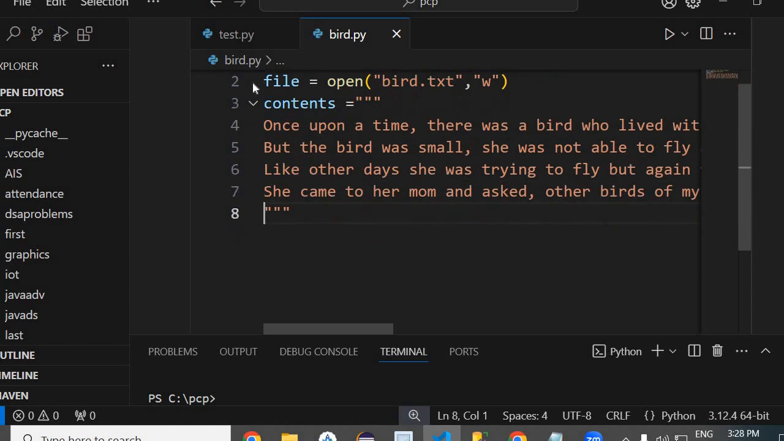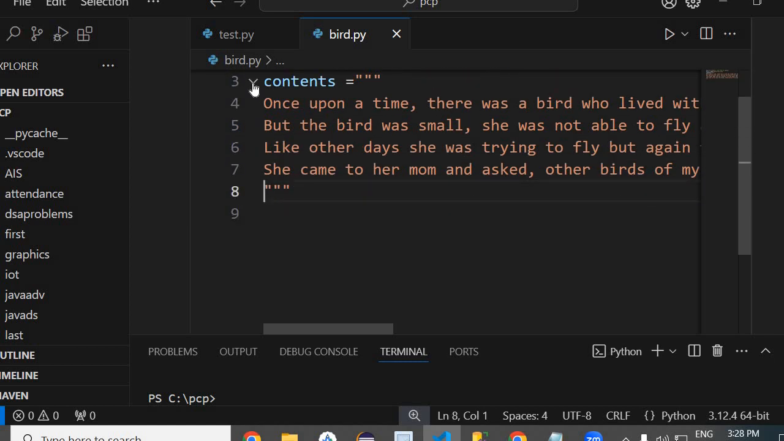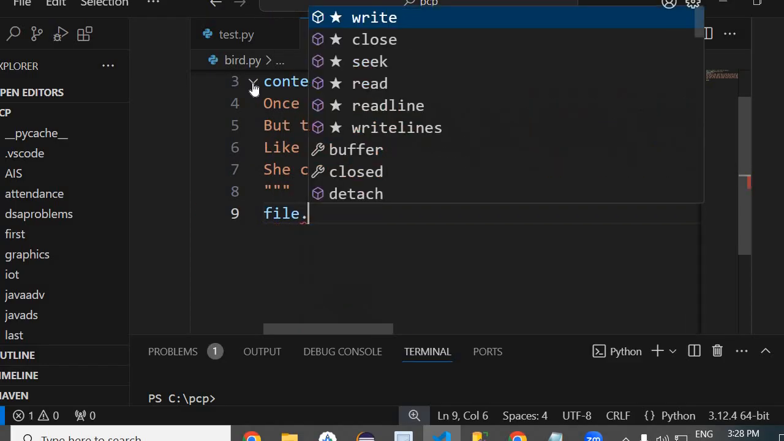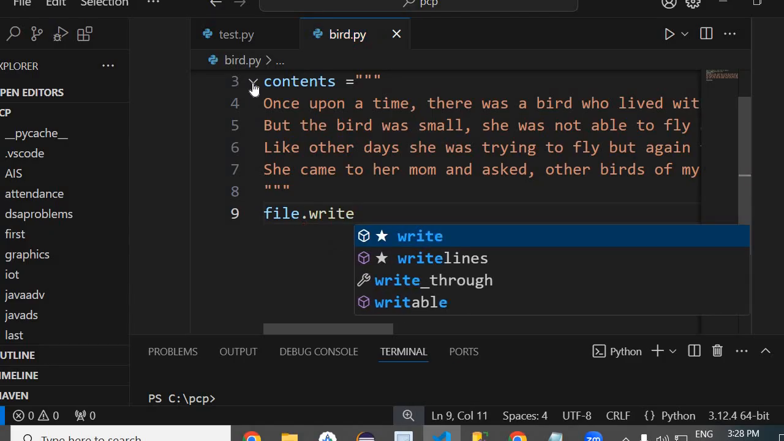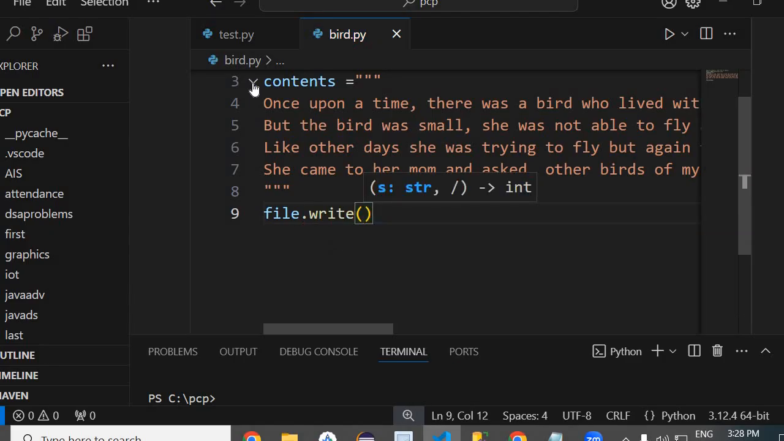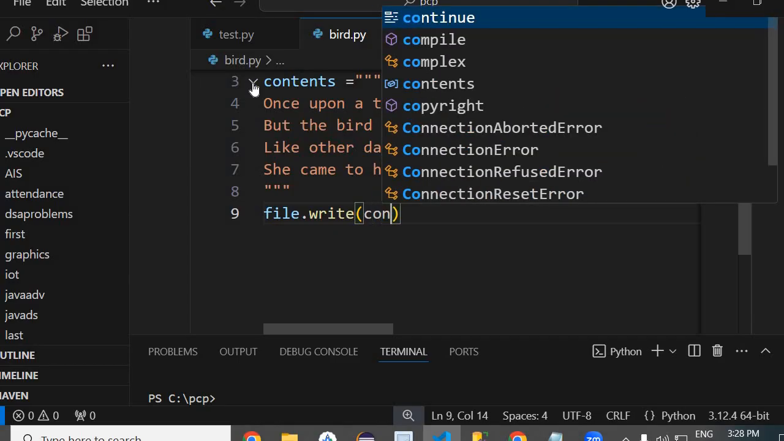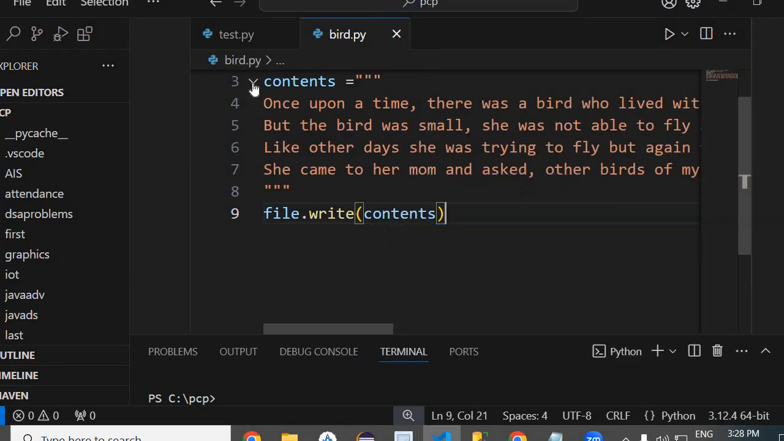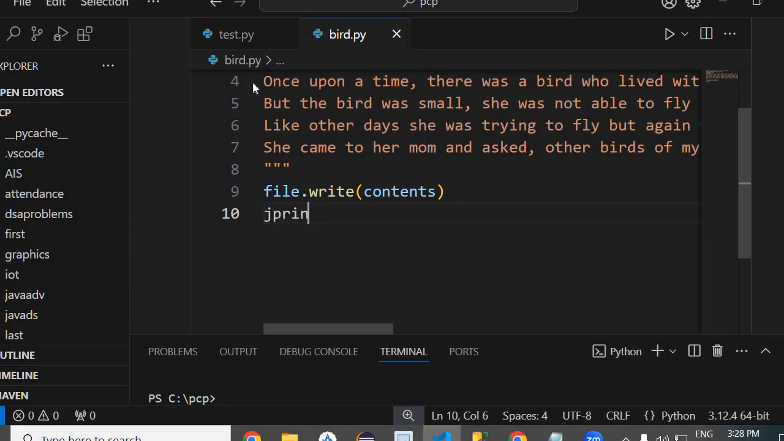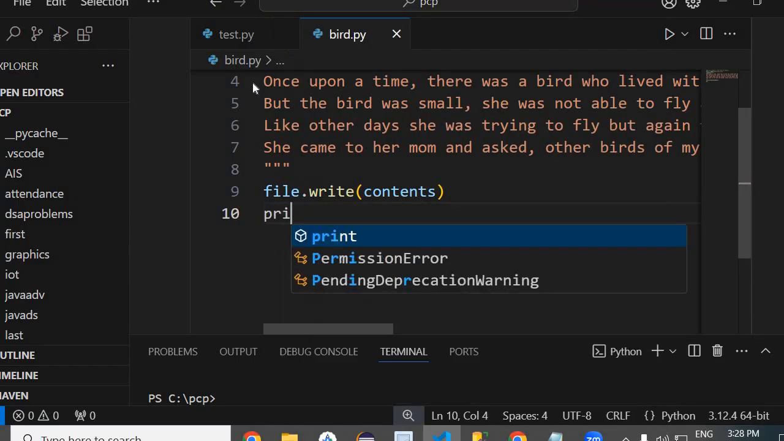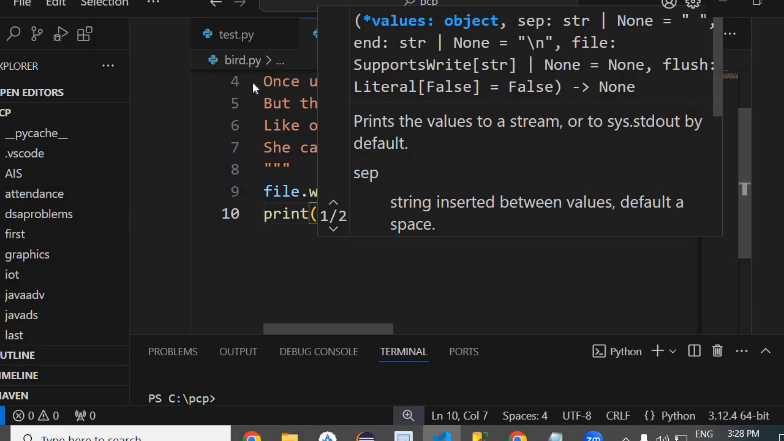Now when I have pasted it here, I want to save this content in the file. So to save it, what I'll write here is the file.write method. I'll use the file, and then I will write what I want to write. I want to write these contents to the file. So I have written contents, and after this I can write just a print command, and successfully